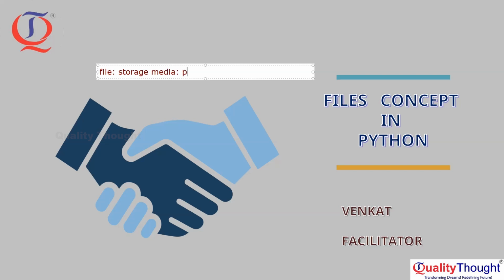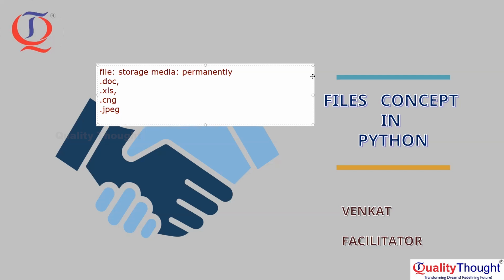which stores the data permanently. A file can be a .doc file, which is a Word file. A file can be a .xls file. A file can be a .png file, or a .jpeg file. A file can be an MP4 file. A file can be anything. See what I'm trying to tell you,